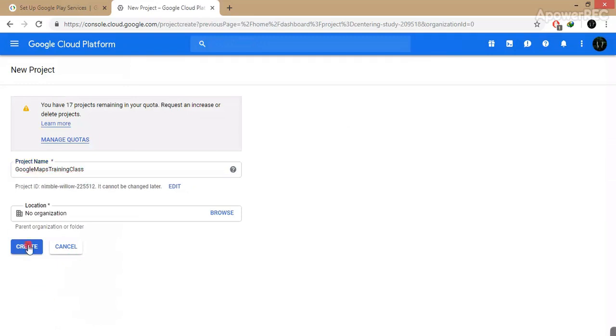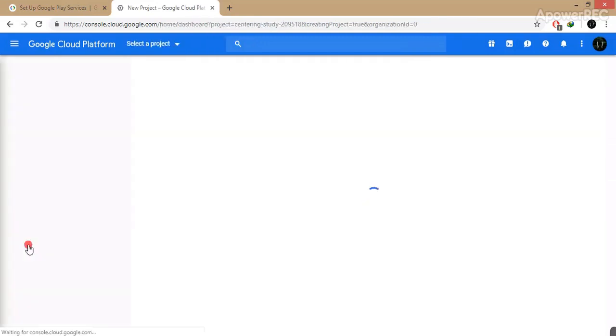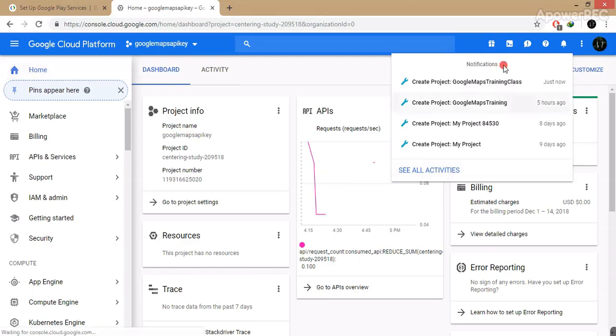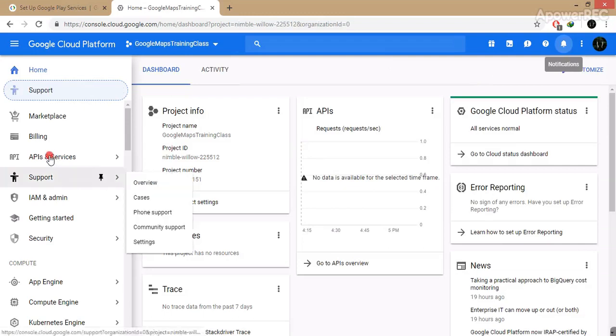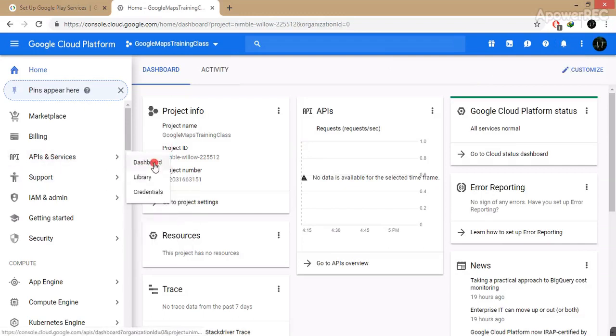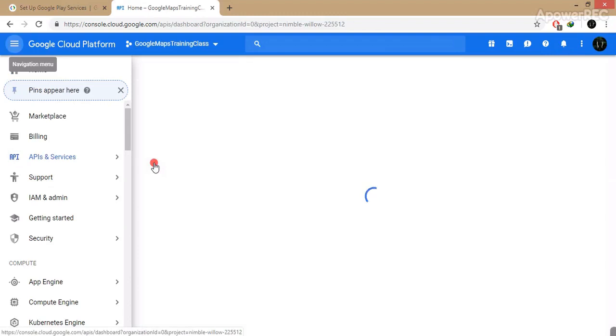Okay, and click on create. Project has been created, so just click on this project, Google Maps Training Class. And friends, from now you can create an API key for your project. I'm going to create an API key for our Google Maps Training Class project.